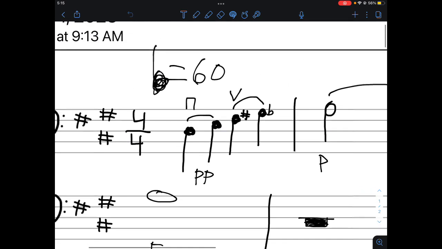Other than the notes, I'm going to mention everything aside from the notes. So these are slurs. You basically just play one note and then switch over. So since this is the cello, you would play open D to a first finger E on the same bow, without stopping momentum.